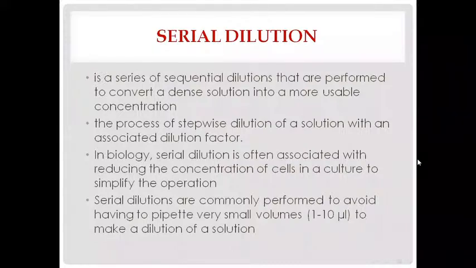I have said you can decide. You use 1 to 5, you can use 1 to 2, you can use 1 to 20. And as you proceed, know that actually you are doing the multiplication factor for that reason. In biology, this serial dilution is often associated with reducing the concentration of cells, maybe in a culture, to simplify the operation. So it is very critical to understand this principle of dilution, because you will use it quite a lot if you are working maybe in a tissue culture lab where you have the cells